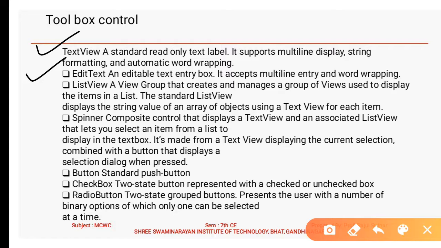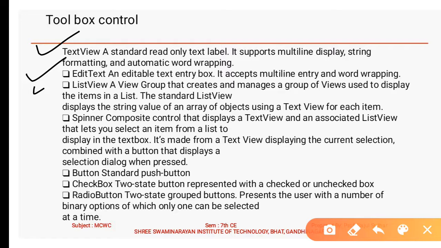It accepts multi-line entry and word wrapping, so you can edit the text. The next one is the ListView. ListView is used to create and manage a group of views used to display items in a list. Standard ListView displays the string value of an array of objects using a TextView